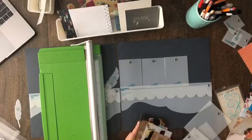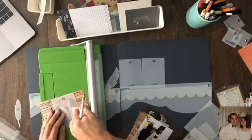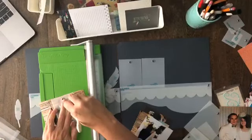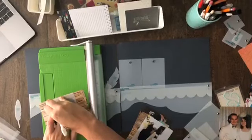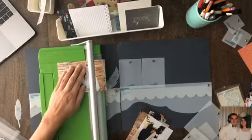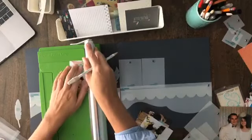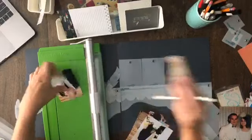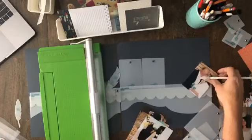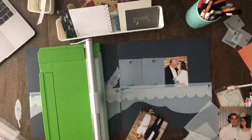Okay, so these are all in my 3x4 sizes. So I'm just going to quickly adjust these. Okay, and then make sure that I cut them down. And then I just usually, once I cut one side, I line that other one up. But that way I don't have to be off. Okay, and then the next one,